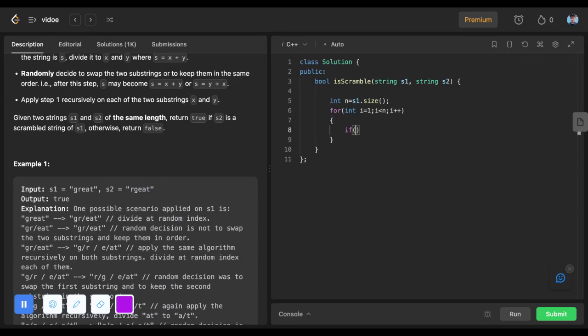So for this, I will take an if: s1.substr starting at zero of length i, and then s2.substr of 0 comma i. If this first part is the scramble of the second part,